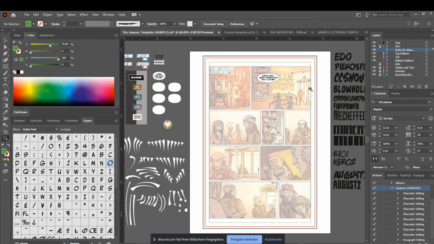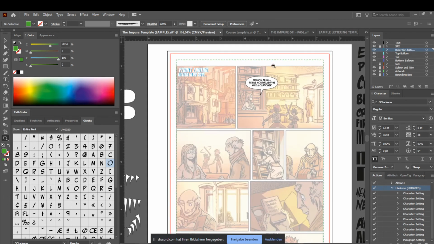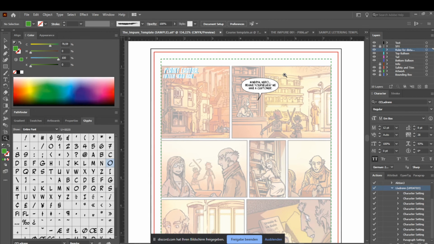Let's say we have all the lettering text on this page set. How do we actually place the lettering now onto the artwork? For this, after we have done everything, the next step we do is